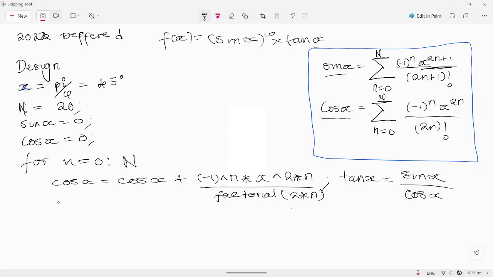Then for sine, we're saying sine x is equal to sine x plus -1 to the power n